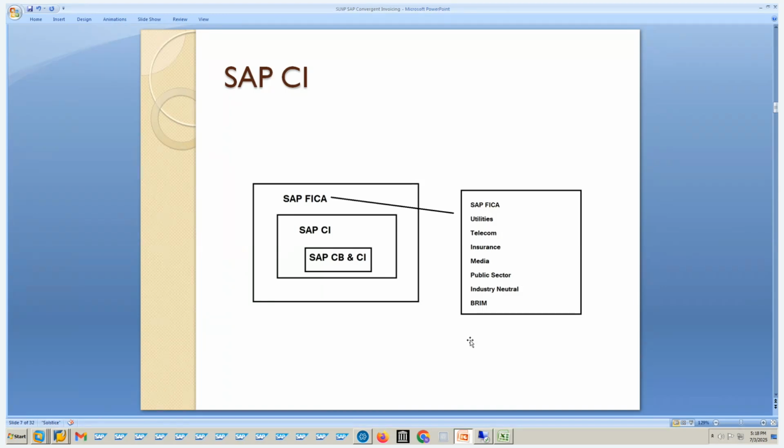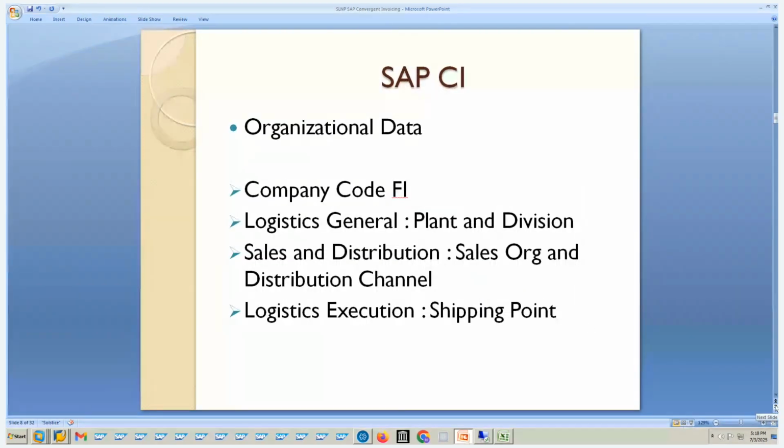Then we have the BRIM suite, where FICA is also the software accounting system. Now, depending on the FICA where it is required, SAP CI also will become part of the FICA. Like in telecom, you may have it, or in public sector, or in media, and certainly in BRIM, even in the industry neutral. Now, when you are going to use SAP CI, let us try to understand what are the organizational details required in the solution,